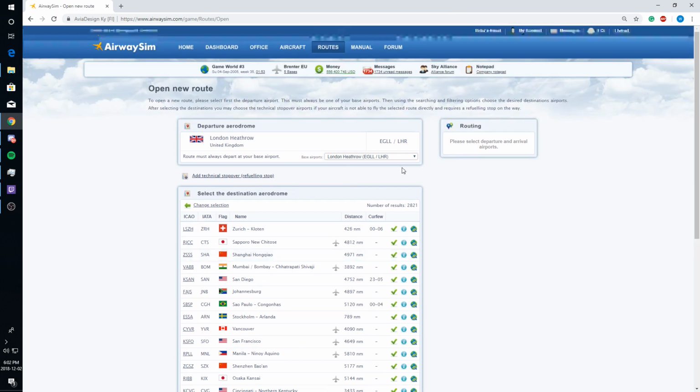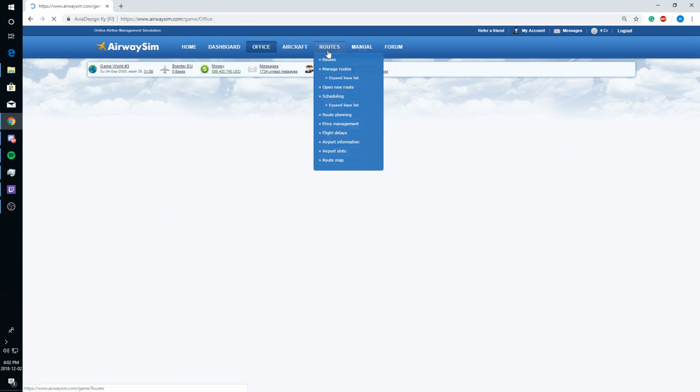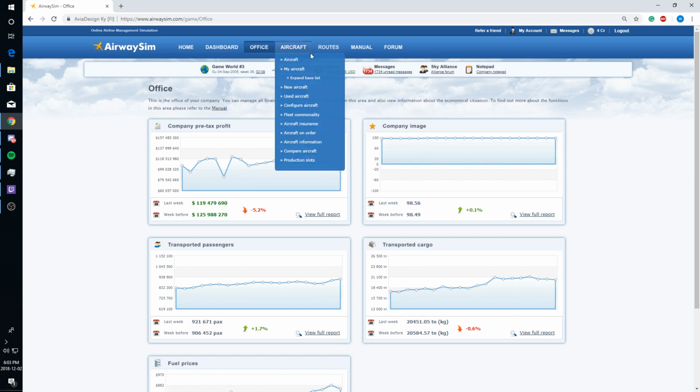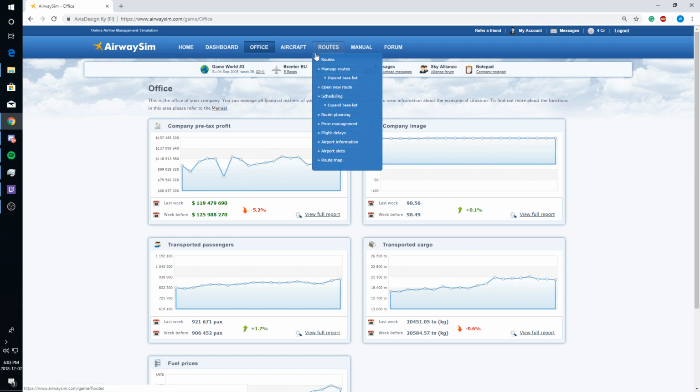Now it still does have its disadvantages. It doesn't model passenger transfers still, which just seems to be something which is a bit too complex for any of these airline simulators to do. If you know any airline simulator which realistically models passenger transfers, I'd love to hear about it. I'd love to try it. But yeah, so